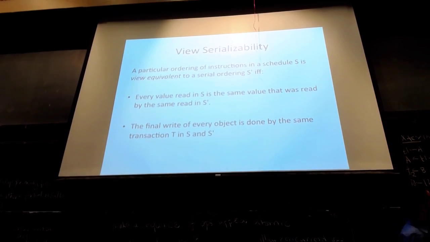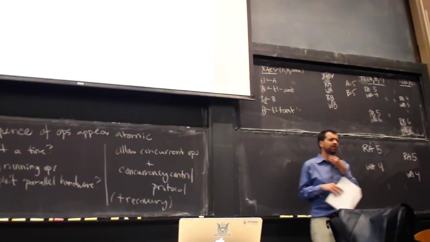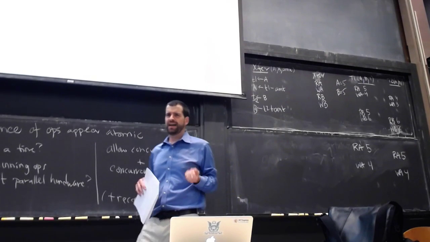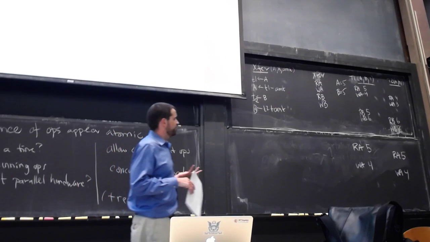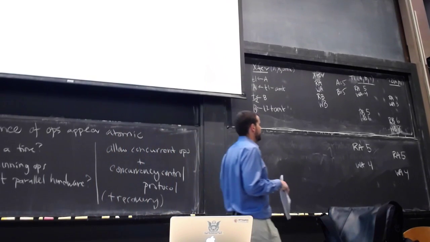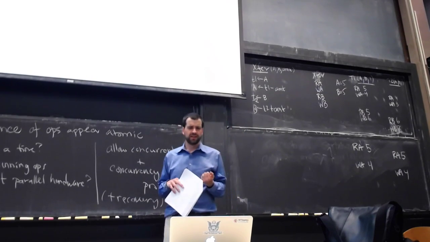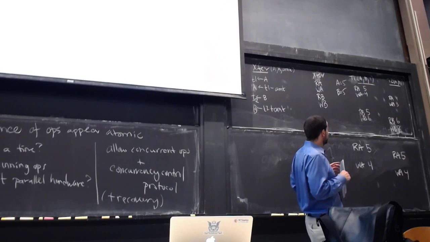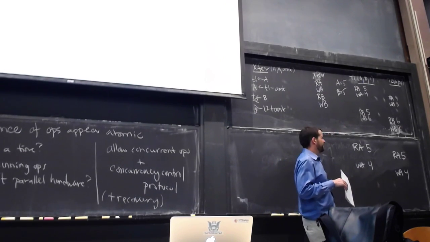And given a schedule like this, a schedule of just a couple of transactions, it's not too hard to test for it. It turns out that view serializability doesn't really get used very much in practice because we don't have great protocols for enforcing view serializability as we run. So we can test the schedule to see if it's view serializable, although actually the testing of it is exponential in the number of concurrent transactions that are running.